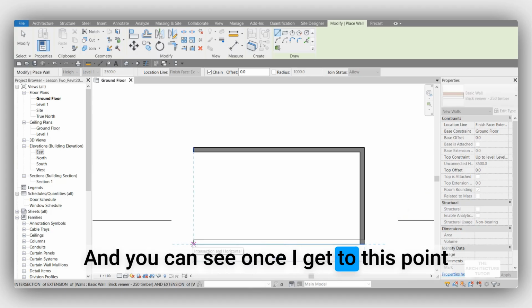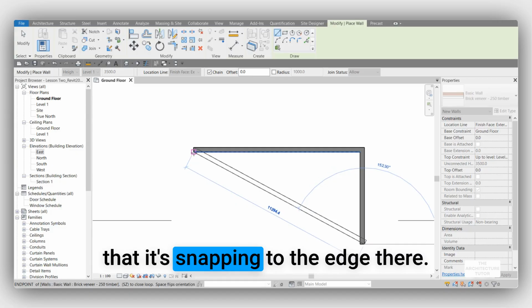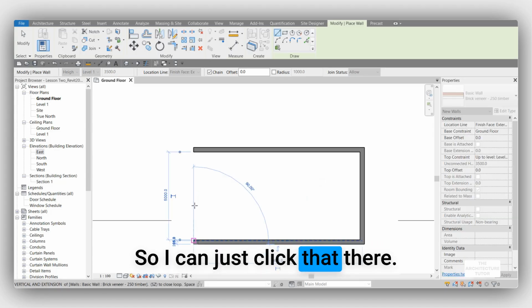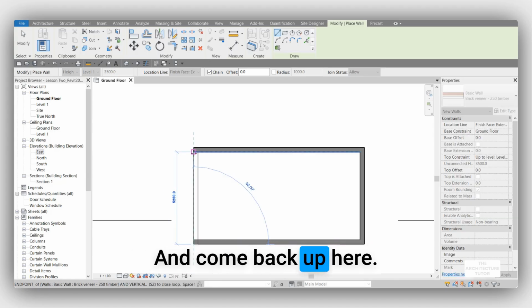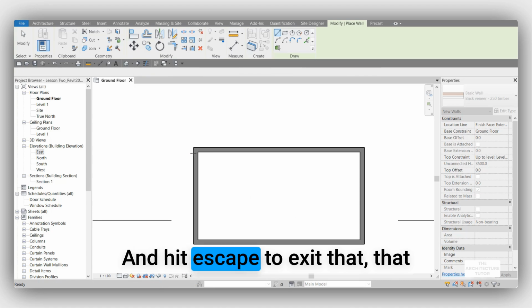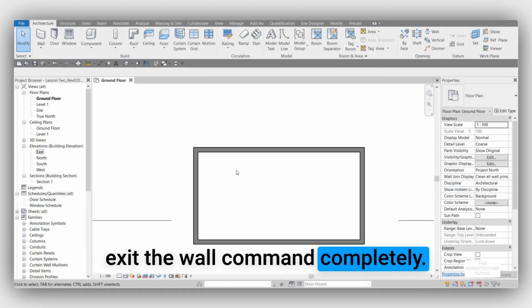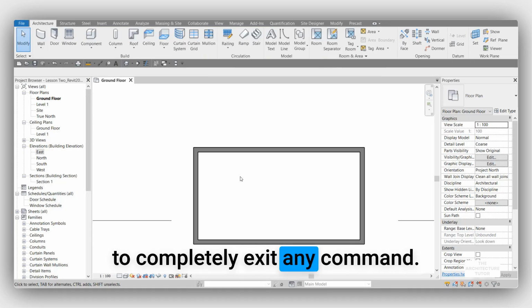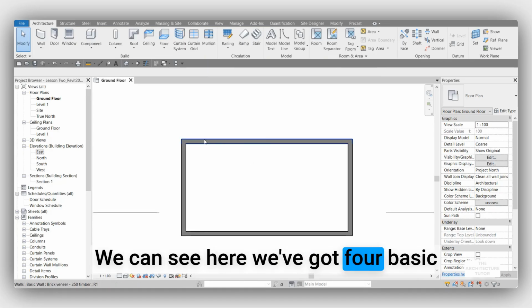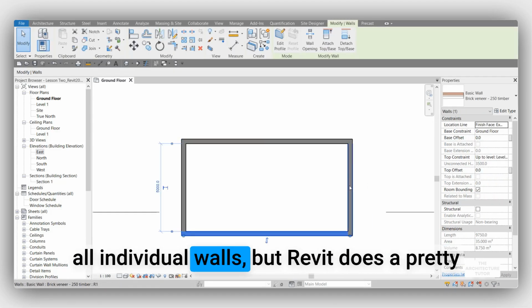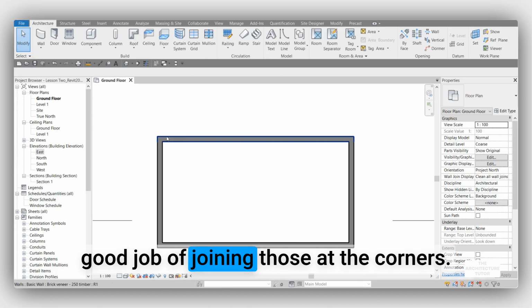And you can see once I get to this point that it's snapping to the edge there. So I can just click that there and come back up here and hit escape to exit that direct command, and hit escape to exit the wall command completely. So you need to hit escape twice to completely exit any command. We can see here we've got 4 basic walls. If I select any one of these, they're all individual walls, but Revit does a pretty good job of joining